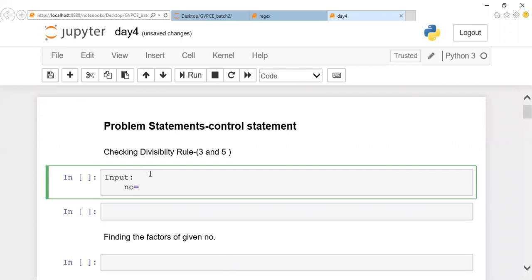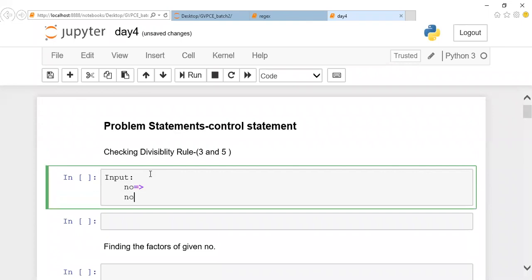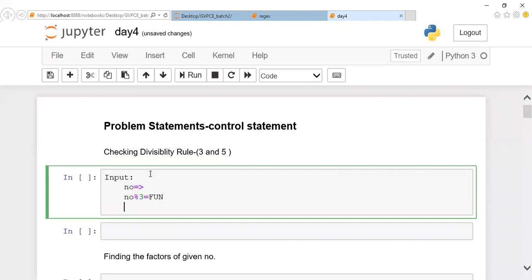Here, the rule is: if the given number is divisible by 3 alone, I want my output as fun. If the given number is divisible only by 5 alone, I need gun as my output.